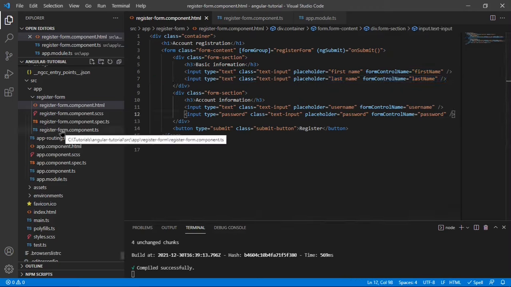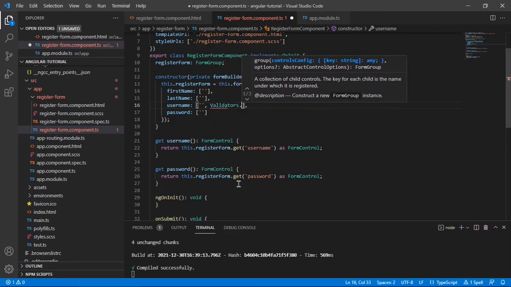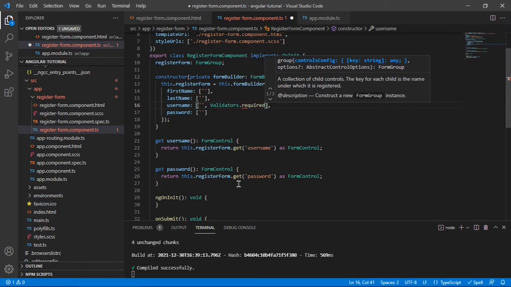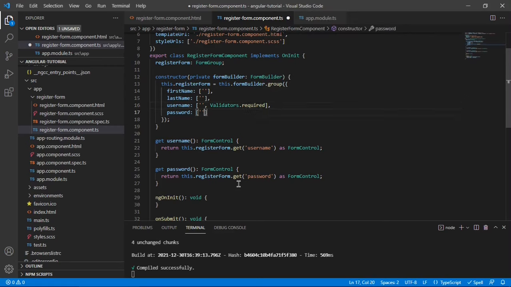So the first thing that I want to do is in the form, in the template class, I basically want to add a validator over here. There's some built-in validators that you can use. In this video, we're not going to cover creating custom validators, but that's definitely something that you can do as well. In this case, I'm just going to add a validator which is required. So you can see I'm passing this through as the second argument over here, and same over here. So with username and password being required,